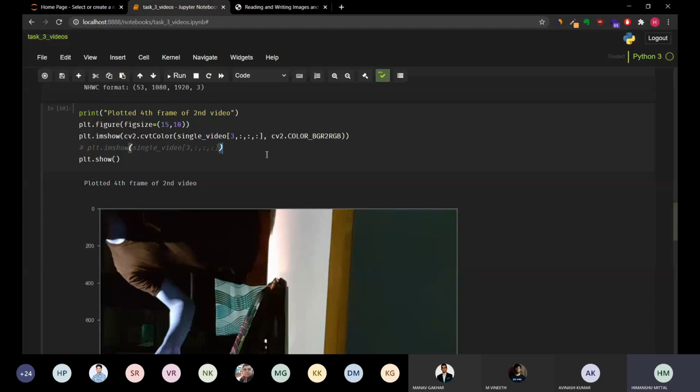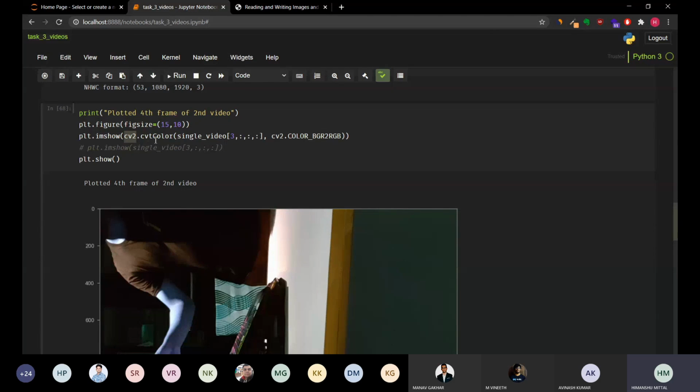Why this happened is not because my hand is alien, but because OpenCV is actually very different. OpenCV stores the image in BGR format, not RGB format. All the usual packages will store it in RGB, but OpenCV stores it in BGR format. So what we have to do is convert it into RGB format. The way to do it is this line, and I'll explain every part.